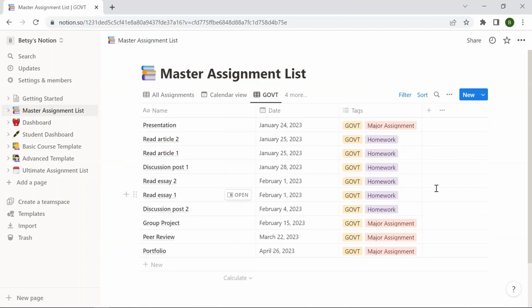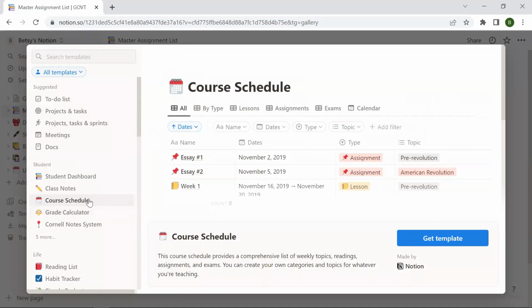So this is a really basic template for how to keep track of your assignments. Notion can be customized in a lot of ways, and it can be heavily customized depending on how you want to use it. I will mention, if you're new to Notion but curious to see more, another good tool to know about is that there are a lot of templates already on Notion. So if I come over here on the left-hand side and see the templates icon and click on that, there are a lot of